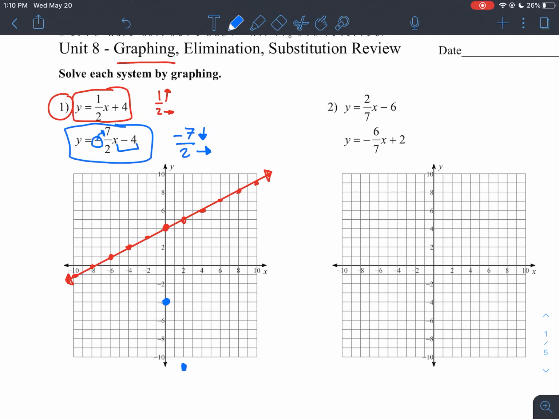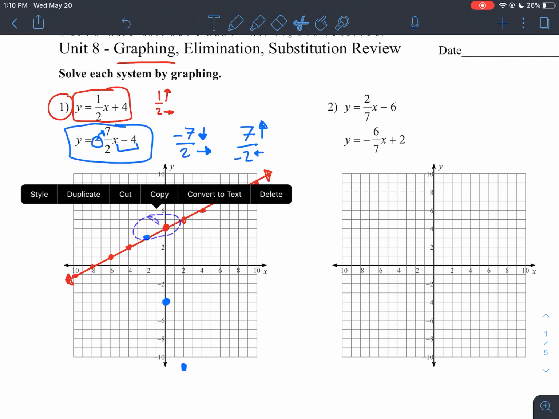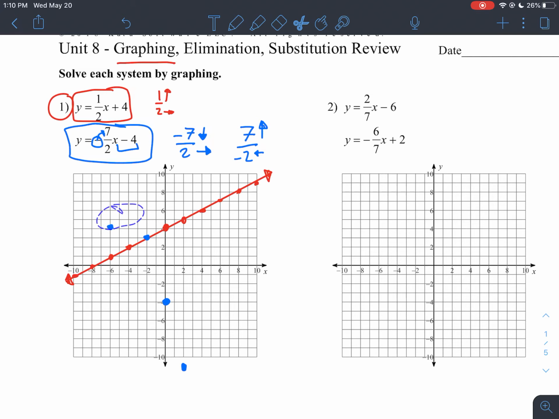So what you're going to want to do is flip the script. Instead of going down 7 and right 2, think about going up 7 and left 2. So now when you go up 7, 1, 2, 3, 4, 5, 6, 7, and left 2, you can see how that nicely lands on that spot. We'll do it again just for good measure. 1, 2, 3, 4, 5, 6, 7, and left 2. So we can see the line that is formed as we do this. And more importantly, we can see where